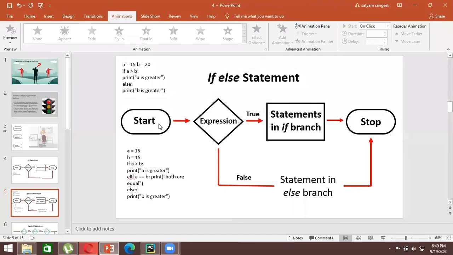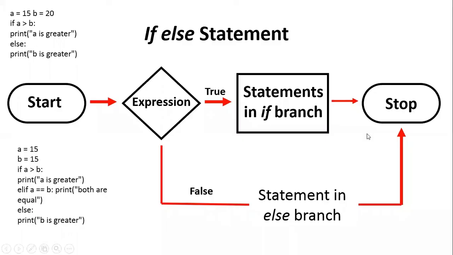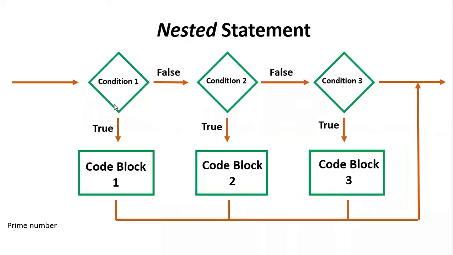For example, I'll show you another loop, which is also called a nested statement, right? This can also be considered an elif statement. In a nested statement you define a variable, and then you give the first condition. Let's say this is our if condition, right? If this condition is true, it will run the first code block, that means whatever input the user has given in the if statement. Just compare this flow chart with what we have just written here. It will be easier for you to understand right now.